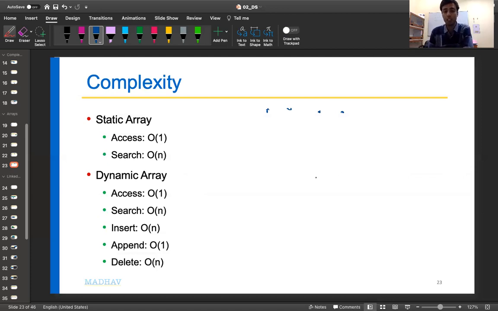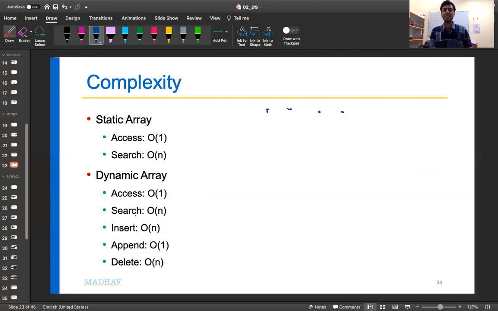Whereas for the search operation, now I want to find where Bell is in the entire array. I have to go to each entry and check: is this equal to Bell? No. Is this equal to Bell? No. Is this equal to Bell? No. Is this equal to Bell? Yes. So basically I have to travel through entries until I find Bell, and it is possible that Bell is at the end of the array. So in the worst case scenario, you have to traverse the entire array to find where your key or your entry is. Therefore the worst time complexity is that you have to go through all the elements, so of the order of n, the big O(n). That is the complexity.